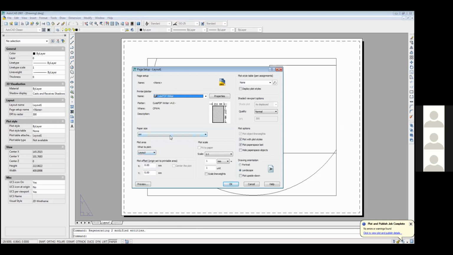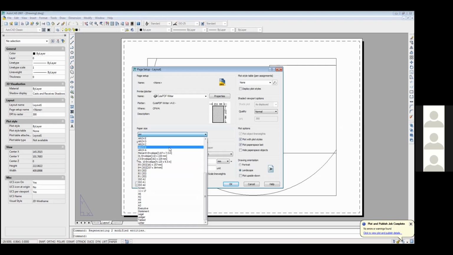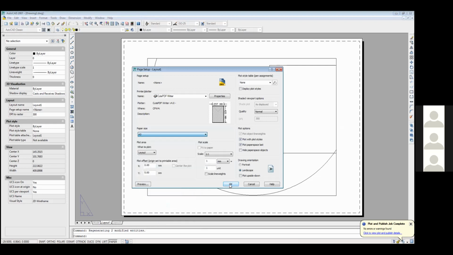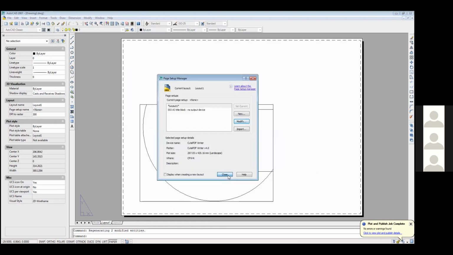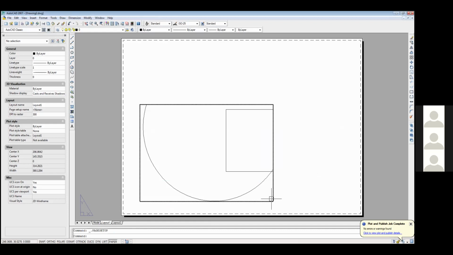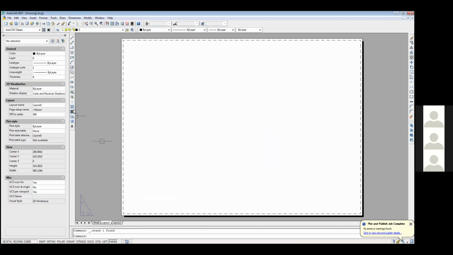Layout. This is A4 size. Okay. And we change to A2, A3 size. Scale is 1:1. Close. Okay. So delete here. Then this is our view of A4 size. Okay. So now we insert